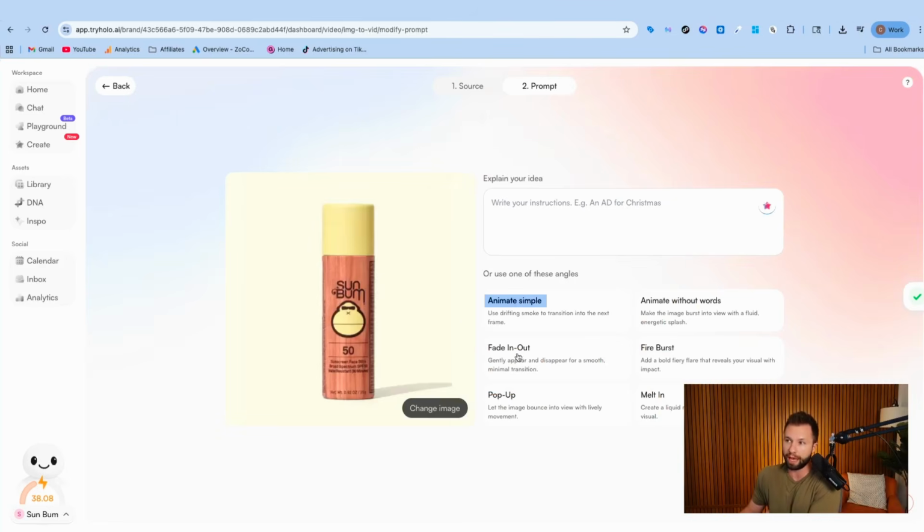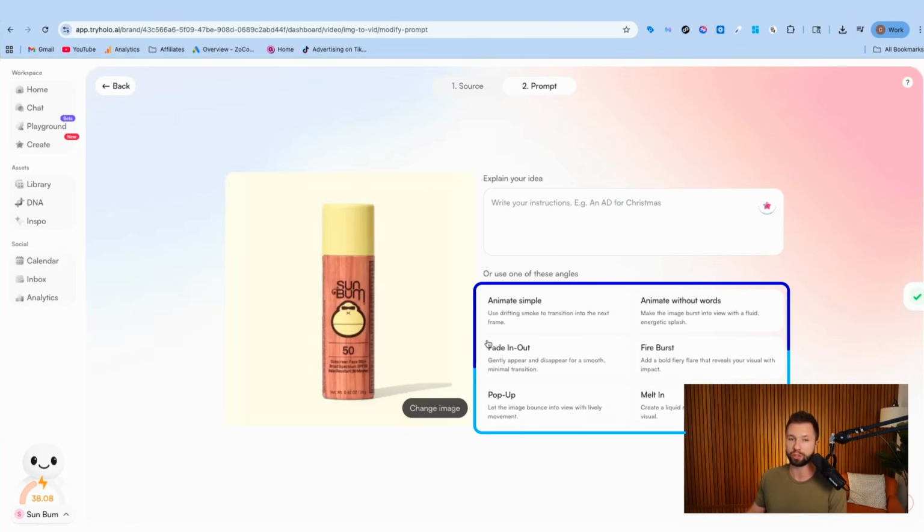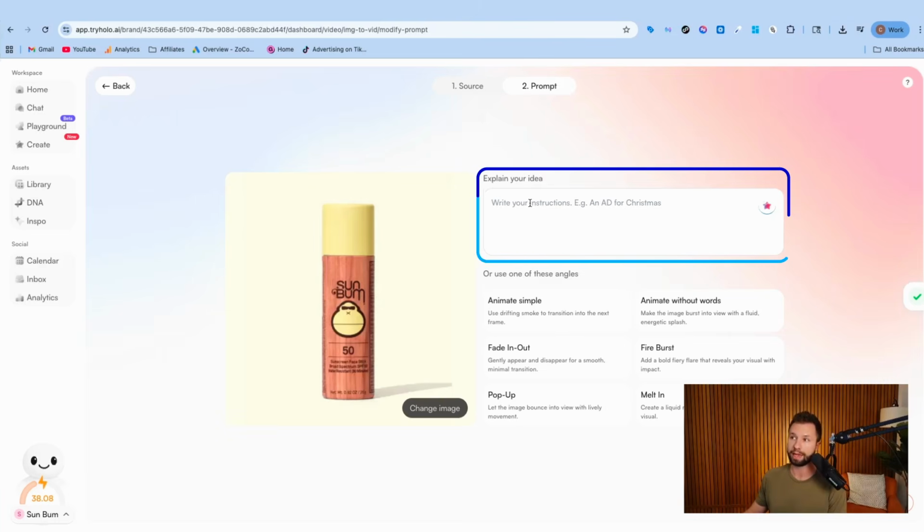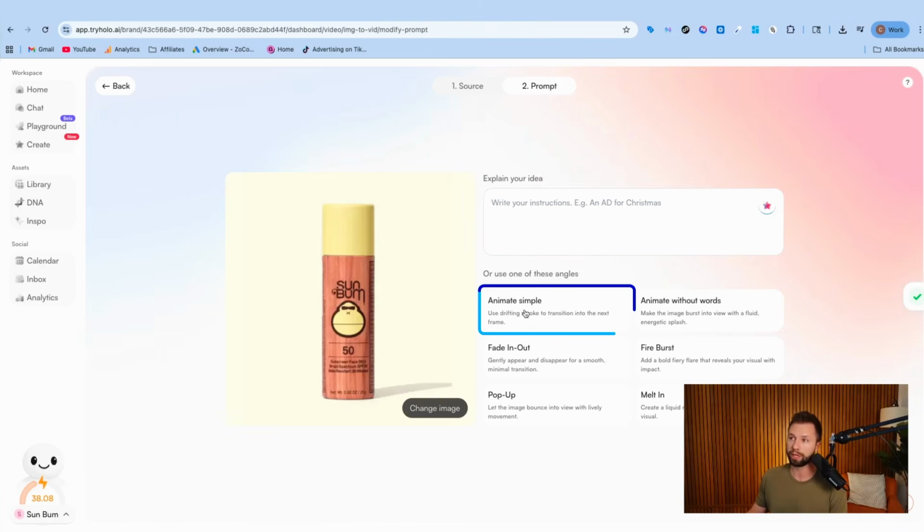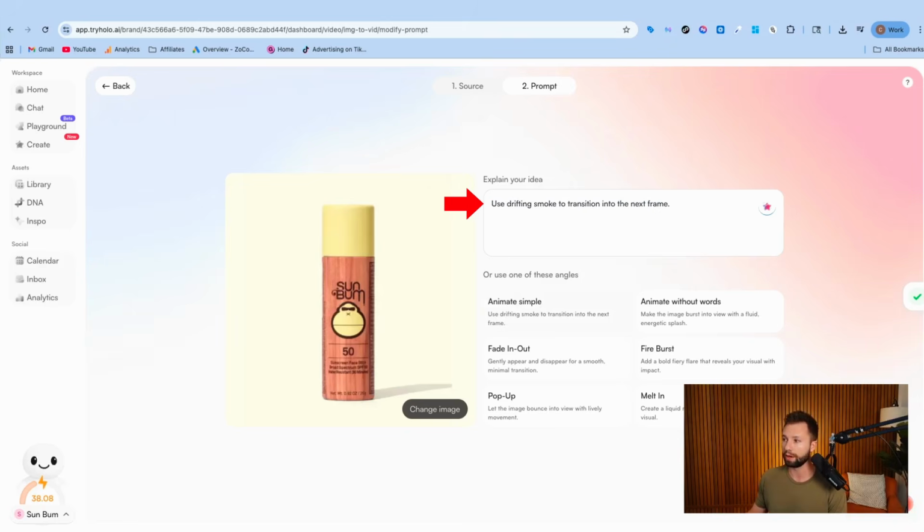So if you want a simple animation, a fade in, pop out, melt, first burst, or animation without words, you can do any of these. Or just do a simple animation of your product, or you could do a completely unique angle. For this one, we're going to do the animate simple, use different smokes to transition into the frame. So we're going to put that one in there, and we're going to hit generate,